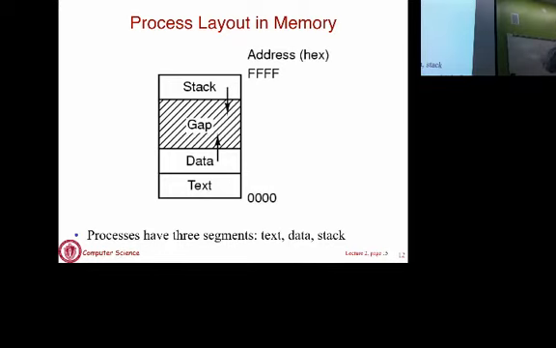So this is a quick picture that you should know about what a typical process looks like. A process is not a blob of memory, it has some structures inside it. Typically a process has what are called segments, and the segments do different things. A typical process will have a text segment which contains the code of that process. That's basically the source code that you write, translated to assembly instructions, stored in the text segment.